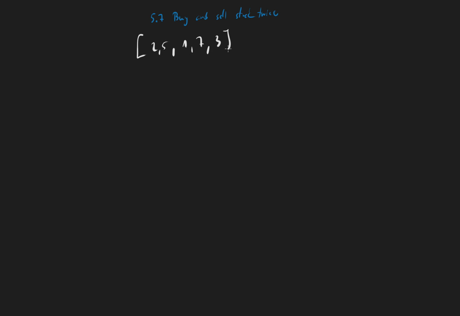another one, 3. Okay, and here we see that if we buy and sell at these prices, we have a profit. So 5 minus 2 is 3, plus the next profit, it's actually this one, right? 7 minus 1 is 6, so our profit is 9. This is our best profit. Okay, so how we could solve this is